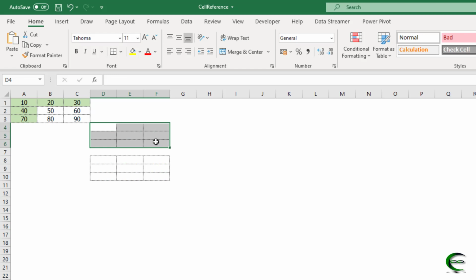Now mixed reference. In mixed reference, in some scenarios you may need to pick a value from a single row or a single column. Suppose we need to pick a value from the first row of this table. As I told you earlier, when we move right, our row is the same but the column changes. So we need to change the column also, because we need to move horizontally as well as vertically. So when we move down, our row reference will also change. So we need to fix a row to pick values from the first row only.